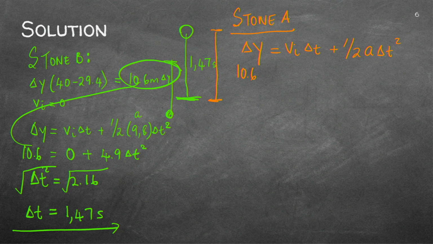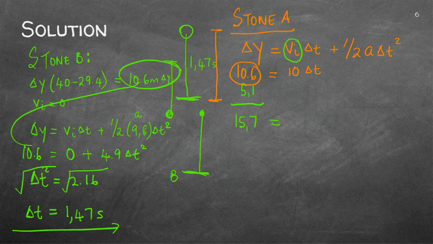Now I've got two ways of doing this. I can either use the 10 there with the 10.6, and you can then calculate your delta T. Another way of doing it, and I'm going to do it this way, is to add to that 10.6 the 5.1, which it went up. I'll tell you now why I'm going to use that. I now get a value of 15.7 that it went from the top to where it is next to stone B.